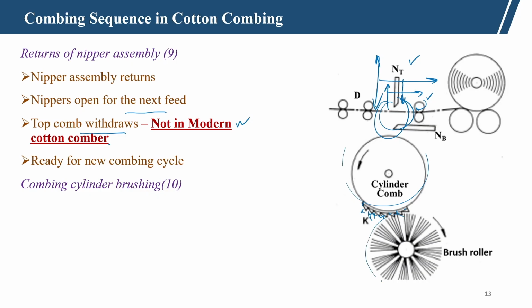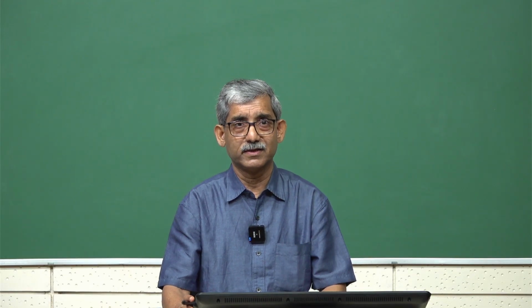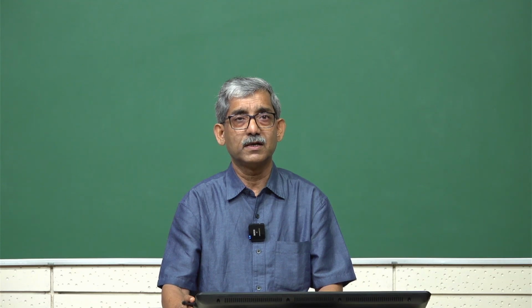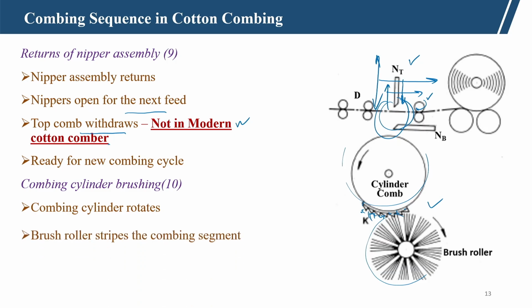So, the brush is there which cleans the cylinder comb by stripping action, so that for the next cycle clean wear points are presented. So, the combing cylinder rotates and the brush roller strips off the short fibers from the combing segment,